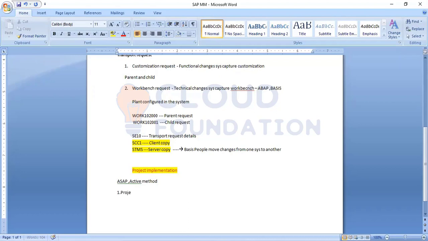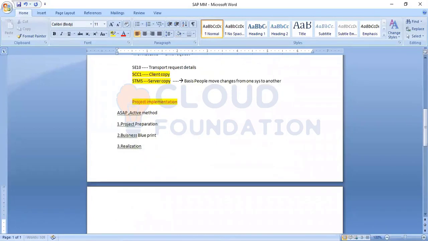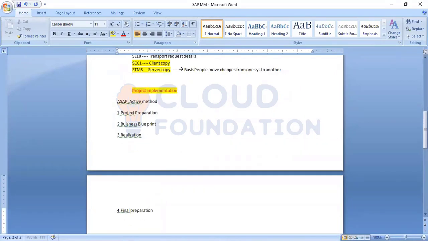The first one is project preparation, the second one is business blueprint, the third one is realization, then final preparation, and delivery.